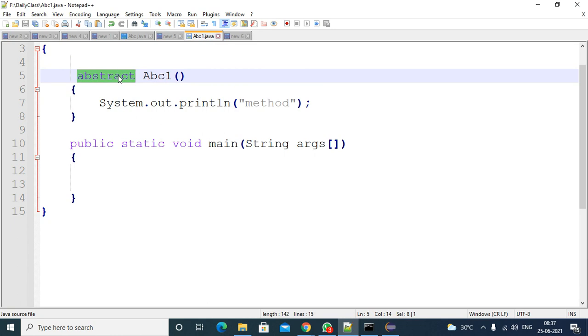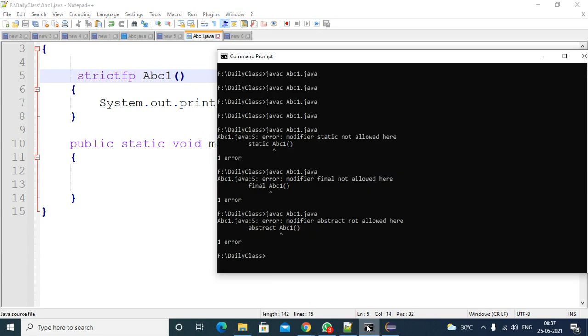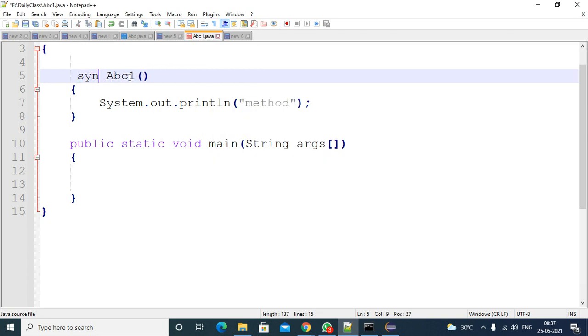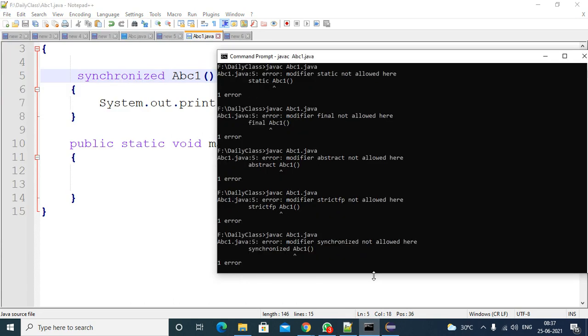Try with final, static, abstract, strictfp, synchronized. If you apply any other modifier, you will get a compile time error.